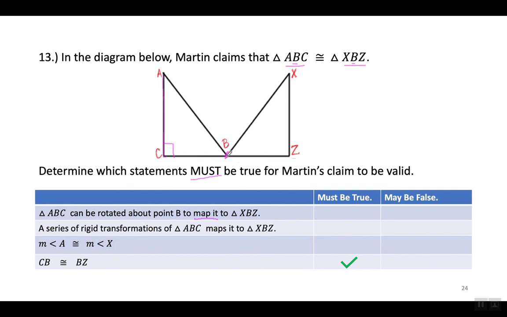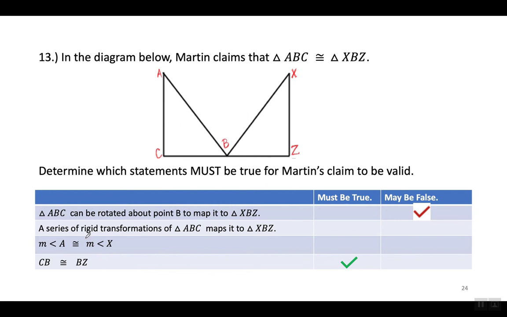This side right here is a right angle. If I rotate it 90 degrees, it'll be like this. If I rotate it 90 degrees again, it's going to be like this. Sorry, I didn't draw it perfectly. But if I rotate it 90 degrees again, the 90-degree angle is here. It's the opposite of this. So no, that does not work. So that one may be false. Okay,